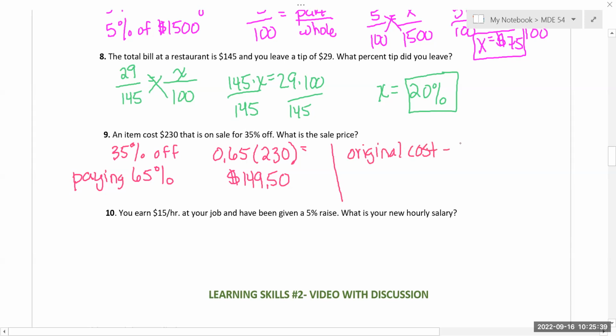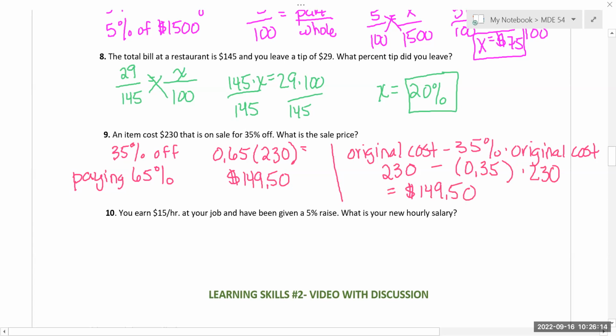I could do the part whole, but just keep in mind, if you do part whole original cost, and then it's minus the 35%, you don't actually pay the 35%. Actually, that's not a part whole, that's just subtracting, but you could do a part whole if you wanted. You could do X out of 230 equals 35 over 100, which is probably a good way to think of it, but then that's the discount. So here is my 230. And I'm going to subtract 35% of 230. I'm not going to just pay 35%,